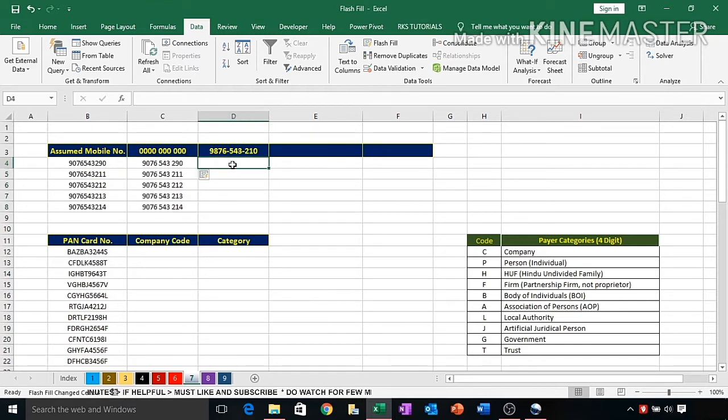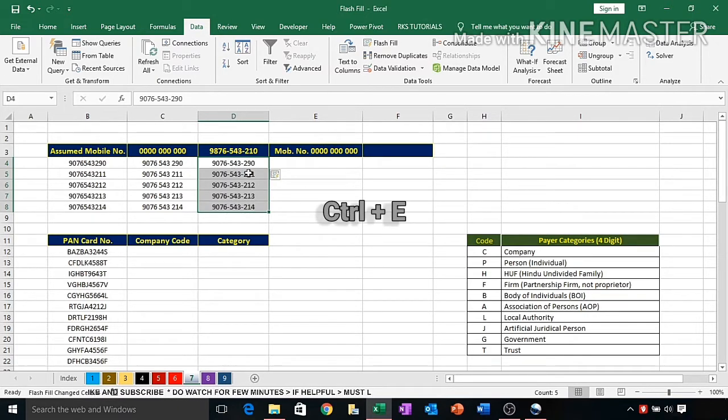In the next example, we want a hyphen between all these digits. We write again 9076, then hyphen 543 290, and select all the cells, press Ctrl E, the short command of Flash Fill.